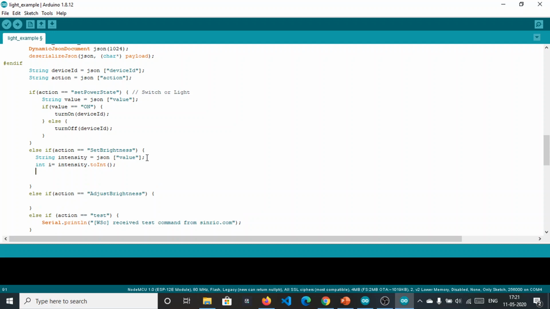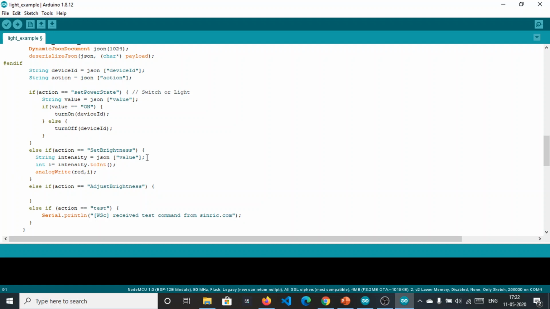This will convert it into an integer, and now we can easily analogWrite this integer to our red pin like this. Now the intensity of this single LED can be easily controlled.